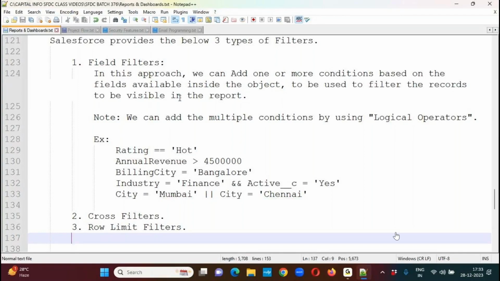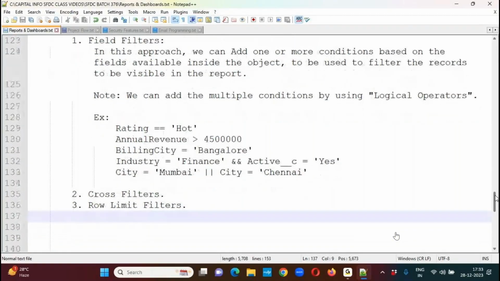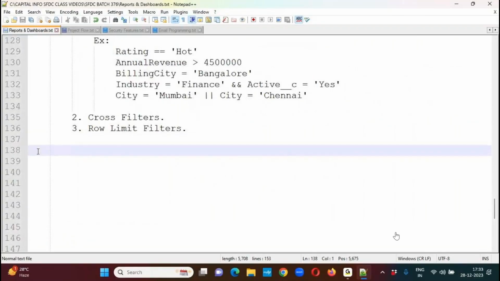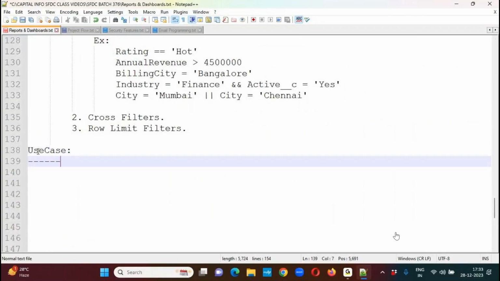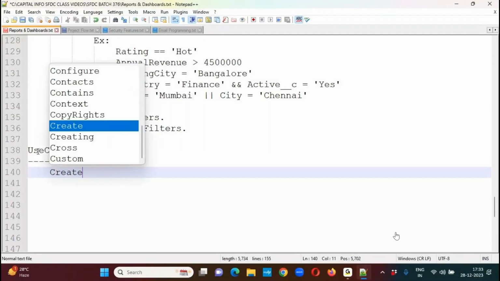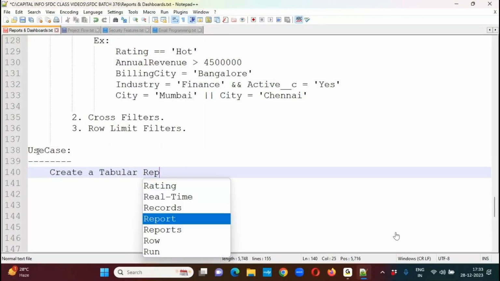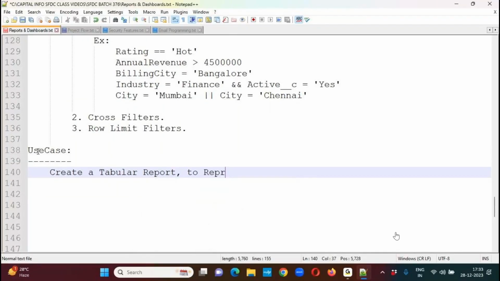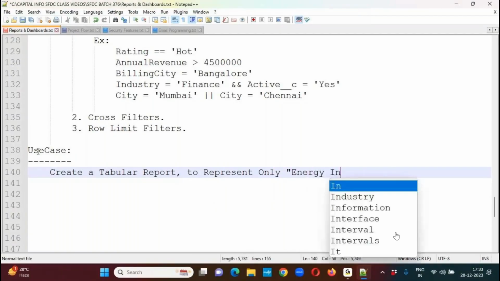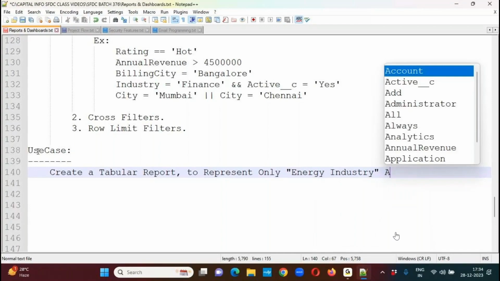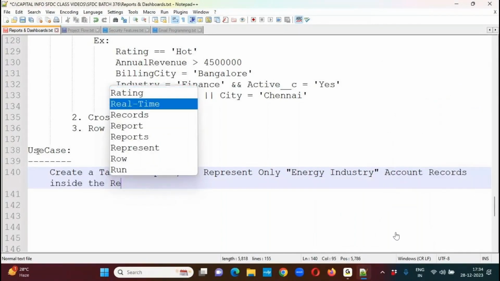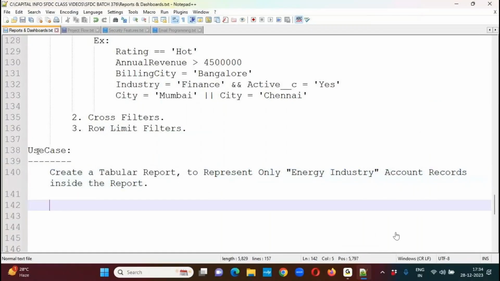Done with these conditions? Now, let's see how we can configure a report by adding a field filter. Let me show you. Take a small use case. Create a tabular report to represent only energy industry account records inside the report. I want to configure a tabular report which represents only energy industry account records inside it